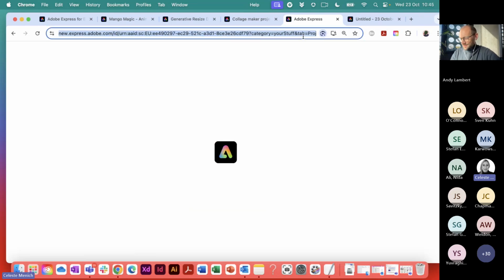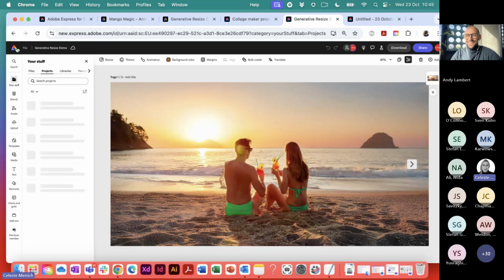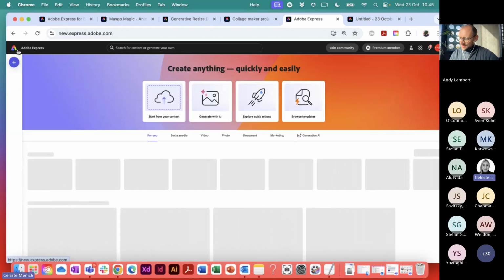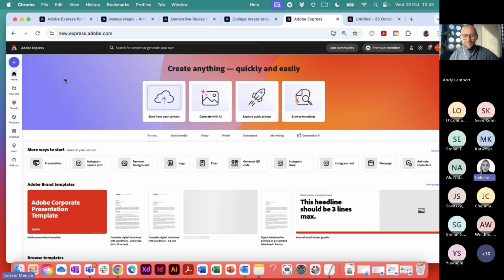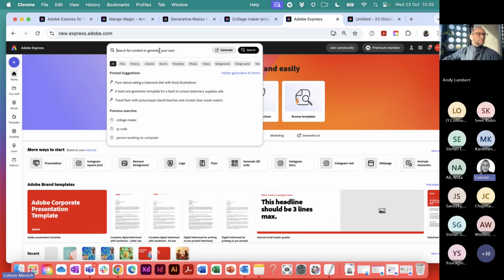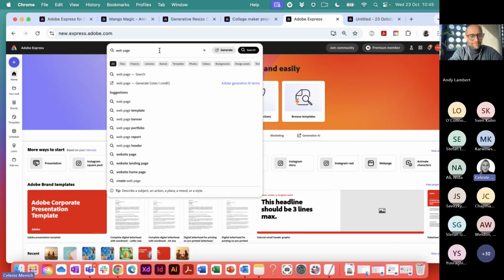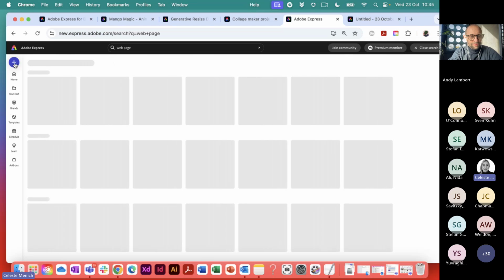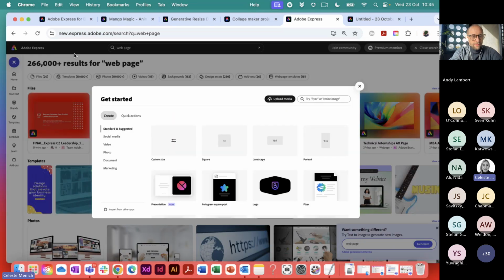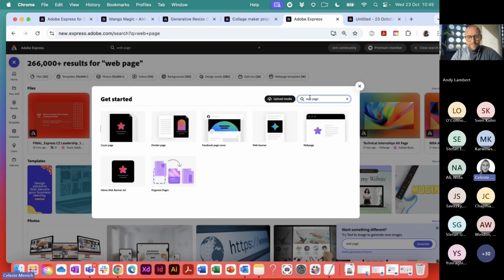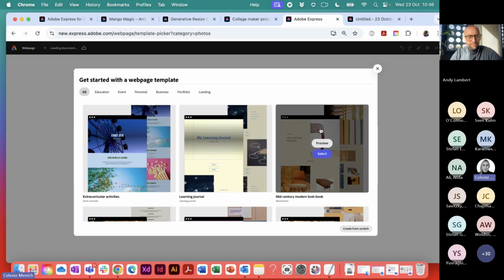if my internet will not slow down too much for me. So I'm going to go ahead and hit my little home button to get me home. I'm just going to search here, web page, and see if that brings it up. The other way I can actually do it is just going into the little plus button here. That brings up one I've done already. And if I search here, web page, it will bring me up the web page picker,